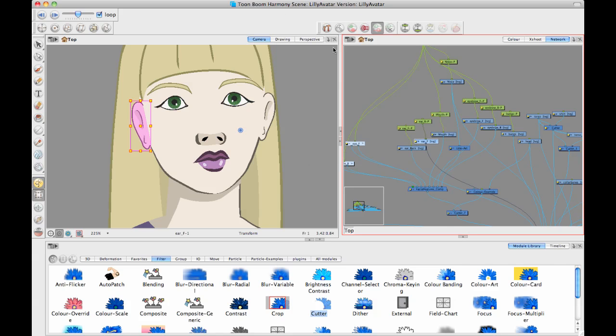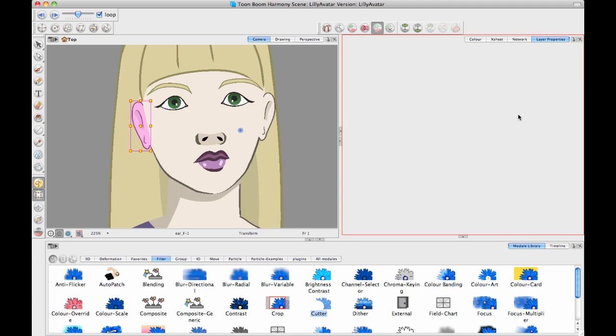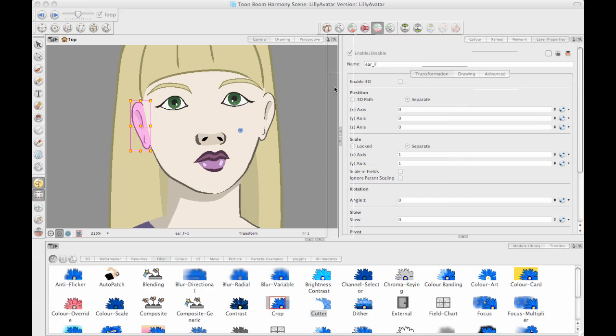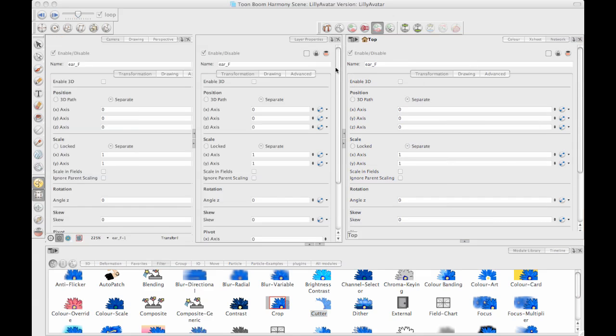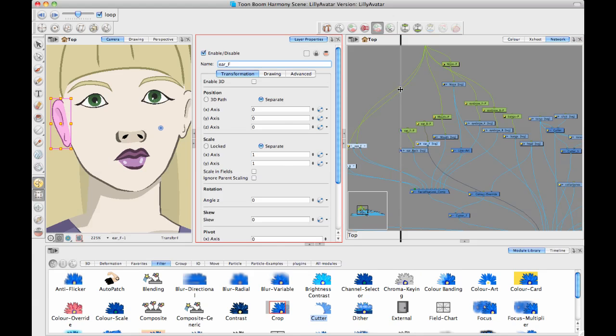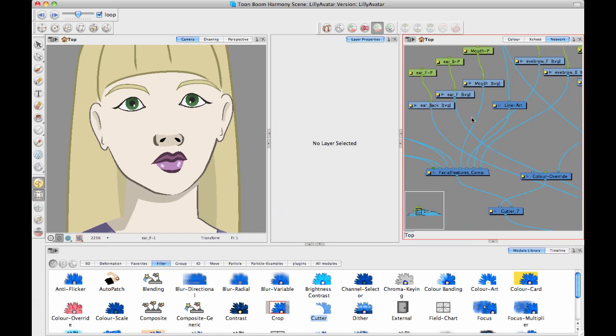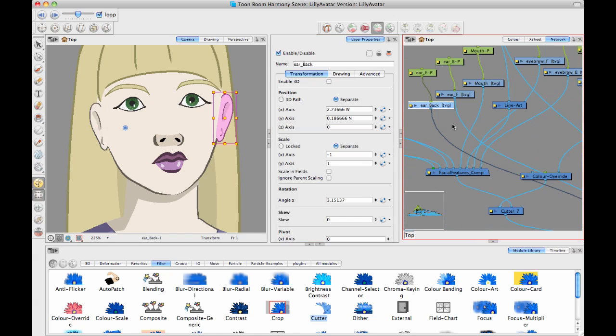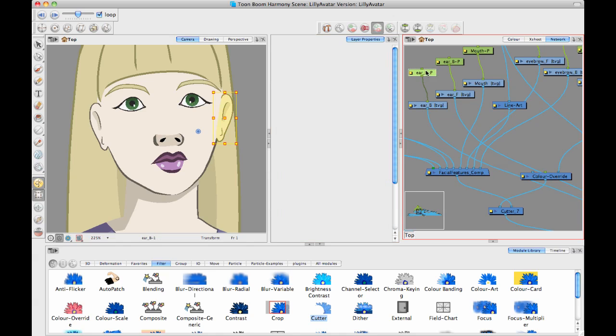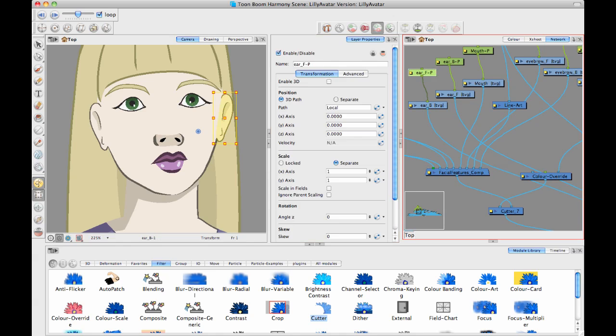Now you'll notice that I'm often opening up the layer properties window, so if you're doing that a lot, then you can just go ahead and add it in as a new window, and you can even stick it in between the other two. This is a really handy thing to do while you're rigging, because if you have your layer properties tab open there as a window, then when you click on an element, it's going to update the layer properties automatically for you, so it's going to be a lot faster to work with. So I'll just go back now and